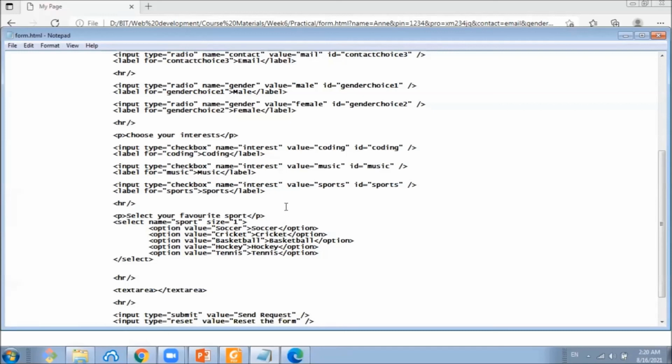Like this. A text area can hold an unlimited number of characters, and the text renders in a fixed width font, usually Courier. The size of a text area can be specified by the cols and rows attributes.